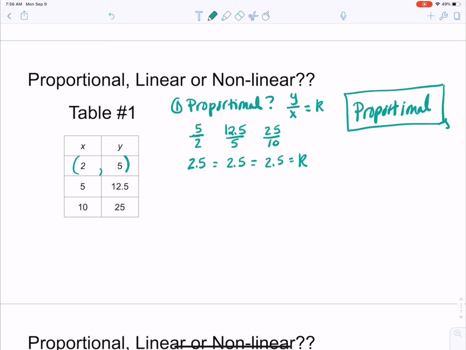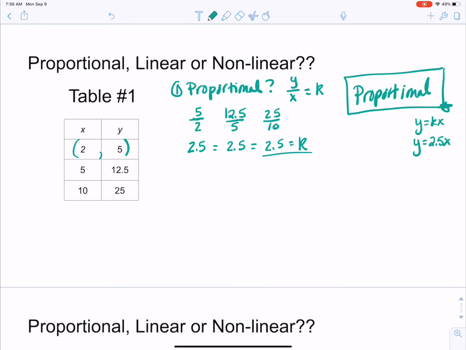through the origin. Now, this wasn't a part of the question, but if I ask for an equation, remember, if it's proportional, our equations are always in the form y equals kx, and since k is 2.5, then our equation for this table would be y equals 2.5x. Okay? So if we look at example 2, table 2,